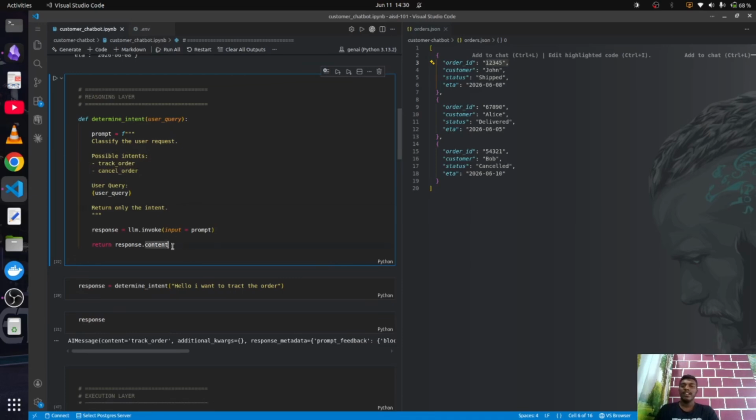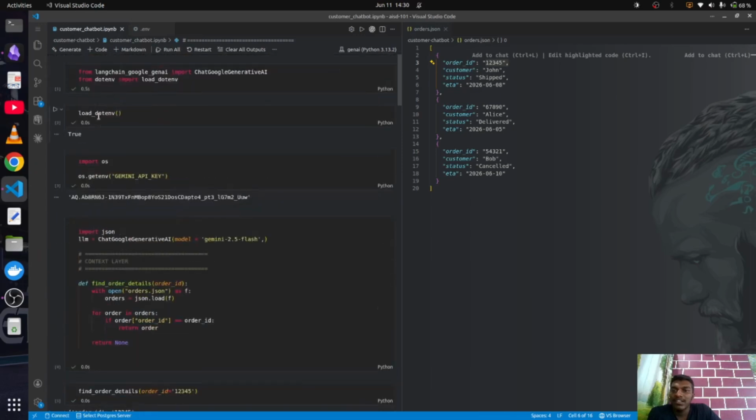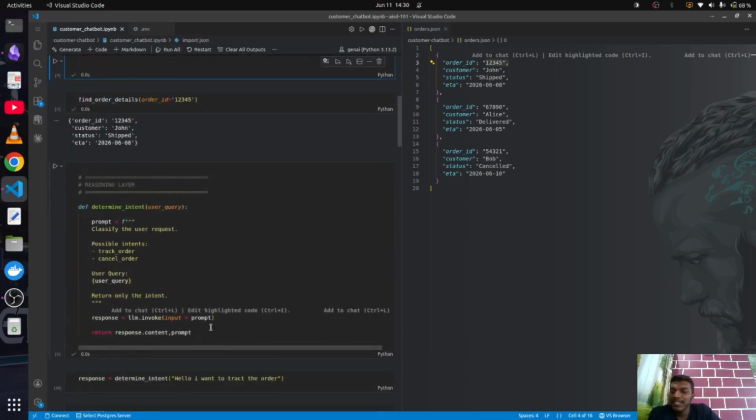So I can show you something. This is a function. Once the prompt is done, we use the LLM which we defined here. We use this LLM and call invoke.